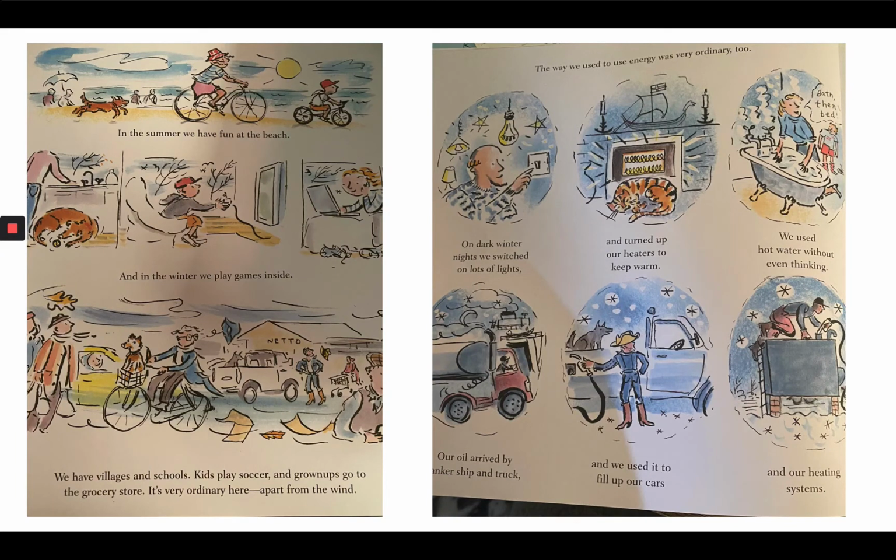In the summer, we have fun at the beach, and in the winter, we play games inside. We have villages and schools, kids play soccer, and grown-ups go to the grocery store. It's very ordinary here, apart from the wind. The way we used to use energy was very ordinary too. On dark winter nights, we switched on lots of lights and turned up our heaters to keep warm. We used hot water without even thinking. Our oil arrived by tanker ship and truck, and we used it to fill up our cars and our heating